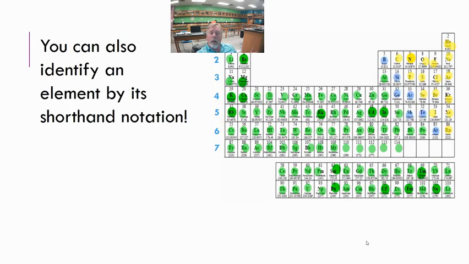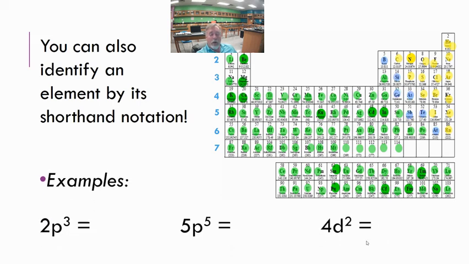Now, just like we can find the element and then we just have to write down the last part of its notation, we can go backwards too. We can do it the other way around. If I give you the shorthand, you should be able to tell me the element. So what if I ask you what element is 2p3? Well, you're going to find the P block, and you're going to look in period 2. So we know we're here in this section that begins with boron. How far in are we? 1, 2, 3. Boron's 1, carbon's 2, nitrogen's 3. So 2p3 corresponds to nitrogen.